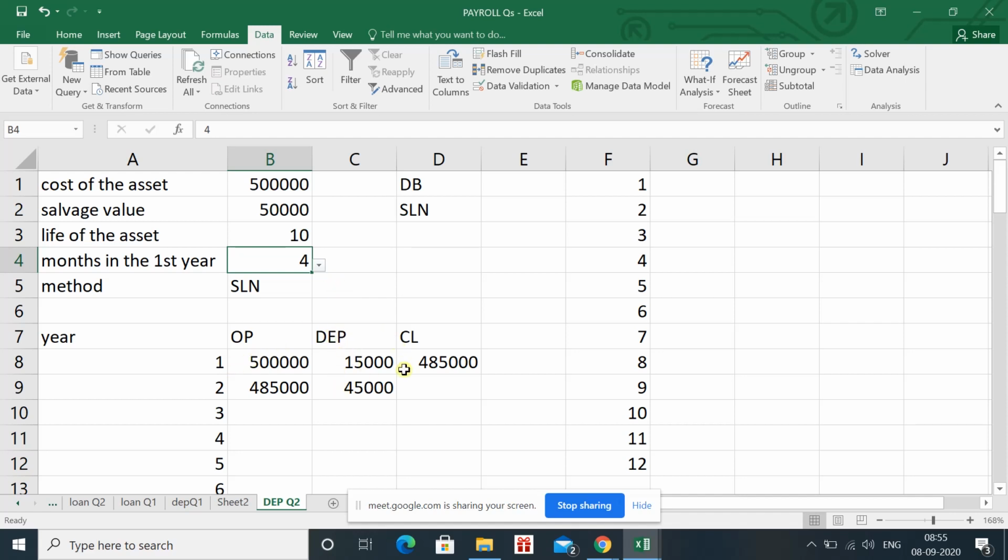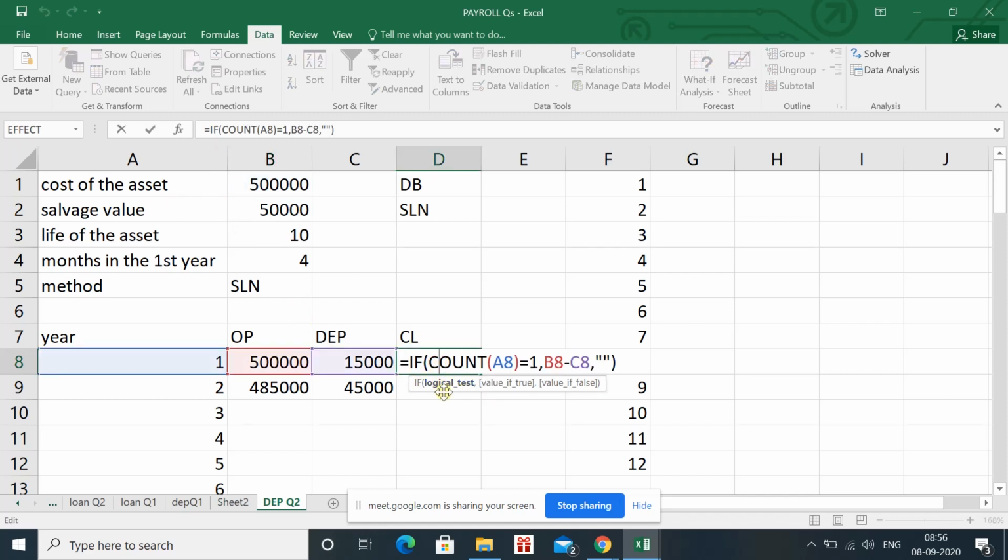Now, before moving to the depreciation where we have to apply a very big formula, I want to discuss the formulas which I have applied in case of year, opening and closing. The formulas here are very simple. First of all you will write year, opening balance, depreciation, closing balance. In the year column, you can see in the formula bar only one is coming. This means I have just written one. Then move to the opening balance. In opening balance we have simply written is equal to the cost of the asset. The opening balance is the cost of the asset. Then we are moving to the closing balance.